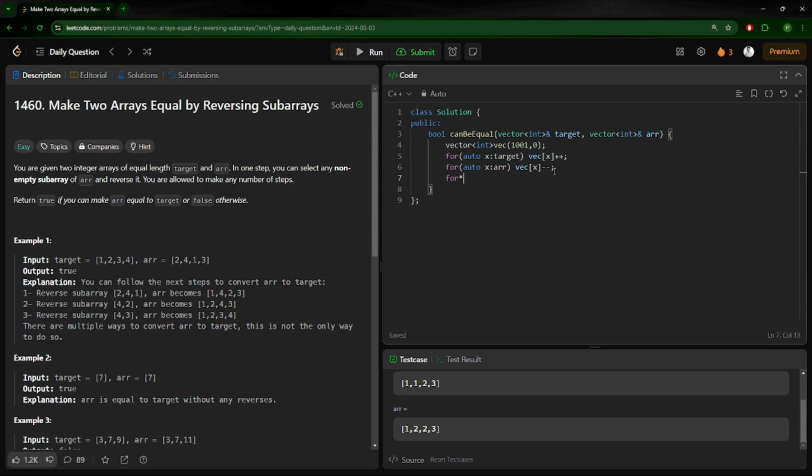And at the last, we have to check if there is a non-zero value. So we can do that: if x is not equal to 0, then we have to return false, or else we can return